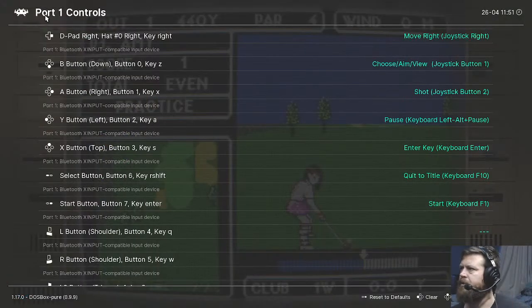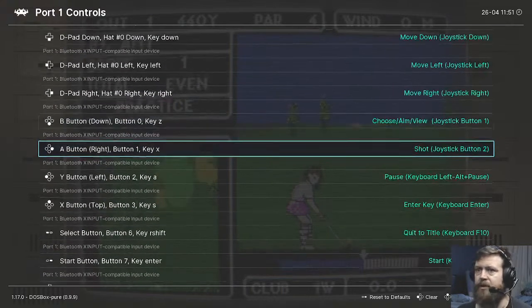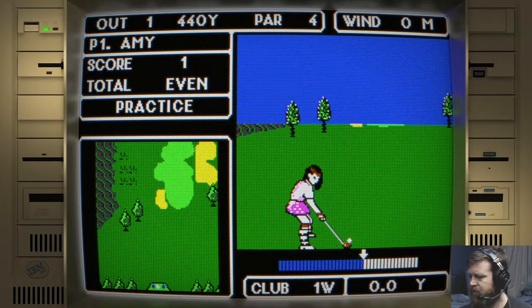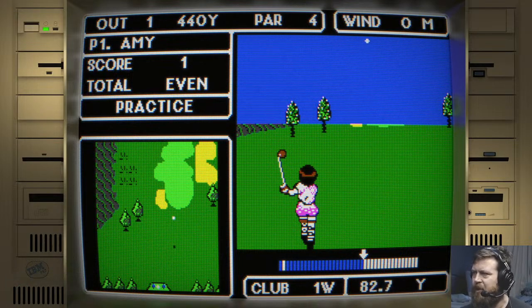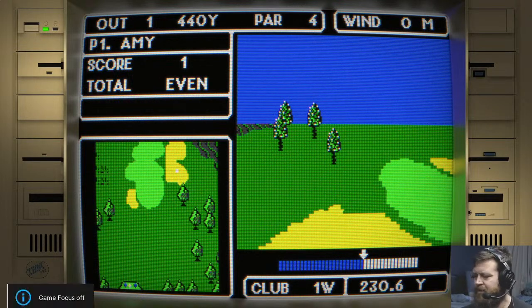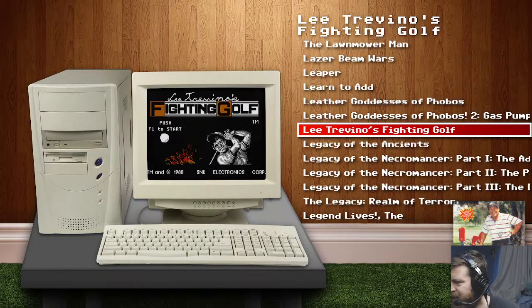Choose aim view, yeah, okay, shot. That's right, I made it not use the joystick, because I don't trust the joystick. Yeah, whatever. Just use the space button. Yeah! Way to go, Pretty Amy. You sure are an Amy. Hard bunker. I'll keep that.